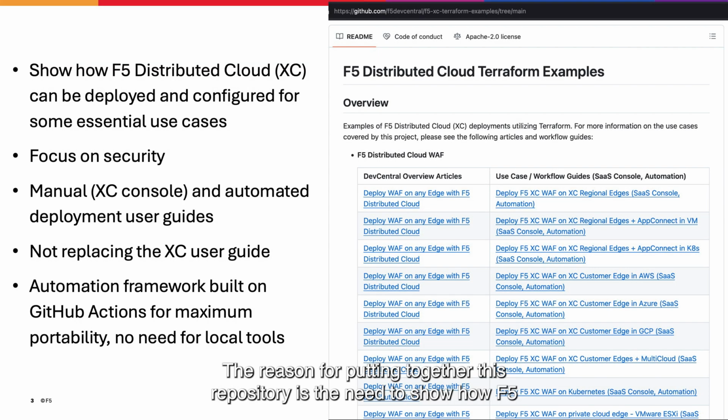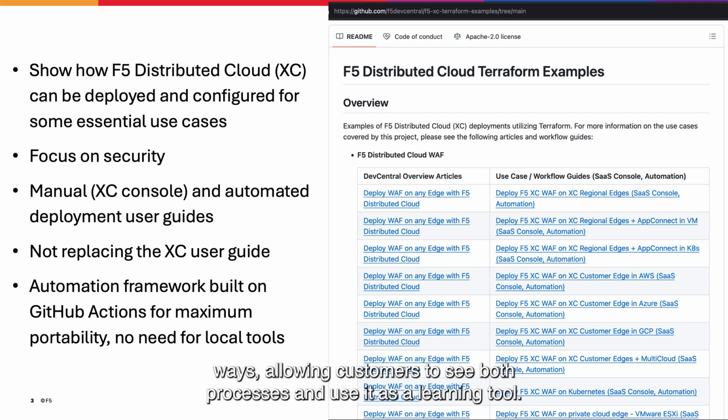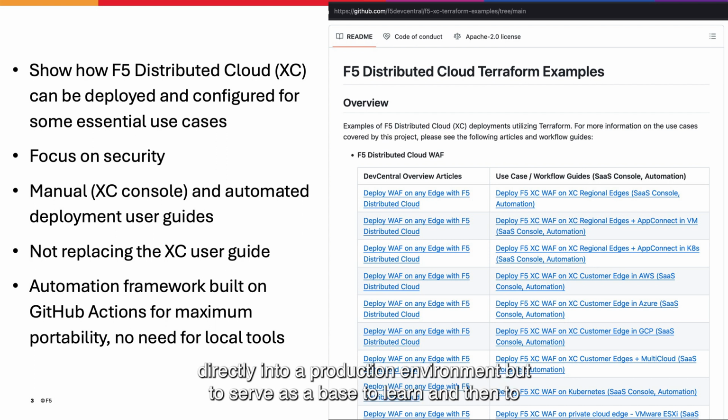The reason for putting together this repository is the need to show how F5 Distributed Cloud can be deployed and configured in both manual and automated ways, allowing customers to see both processes and use it as a learning tool. The expectation is not to cover every possible scenario or to be applied directly into a production environment, but to serve as a base to learn and then to modify the code as needed to customize the scenario for specific